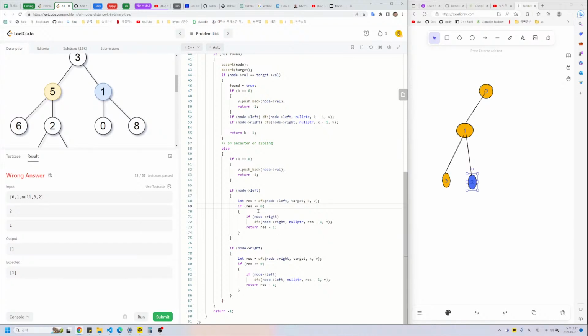So 0 is returned. When 0 is returned, it means that